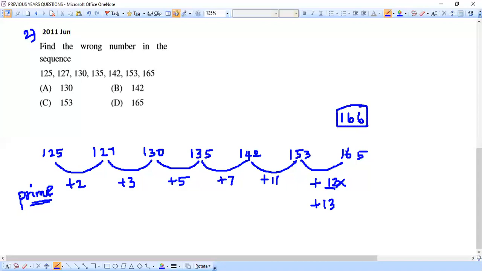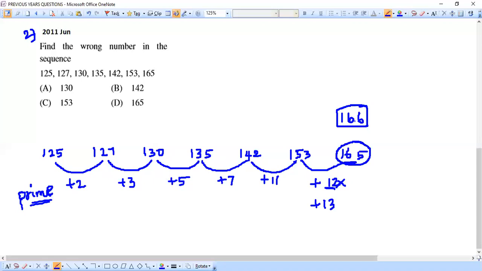But see what we have here. We are having something like 165. And this 165 is what is making the trouble. This is what is breaking our prime number chain. We can clearly understand that plus 2, plus 3, plus 5, and so on up to plus 11 is okay. They are all prime numbers only. But after this, what are we getting next? We are getting a plus 12. That is not a prime number, so that is breaking the chain. This 165 is wrongly placed, and in that place we should actually get 166 only.